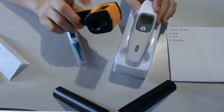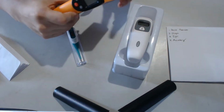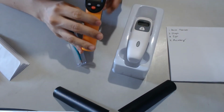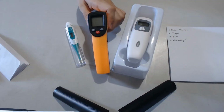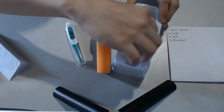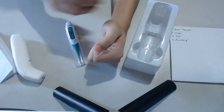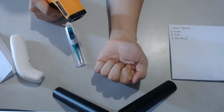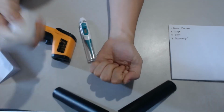This is not to say that this is inaccurate. Well, if it's low battery, it gets inaccurate. But as far as measuring objects are concerned, this is quite accurate. Now, as a point of comparison, let's measure my wrist using this. Compare it with this